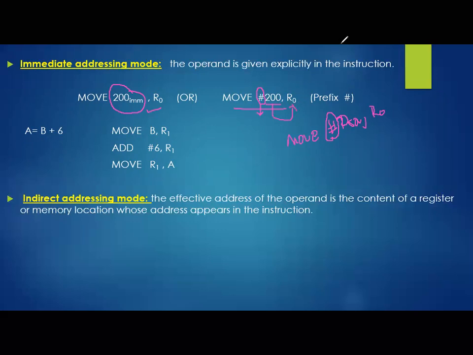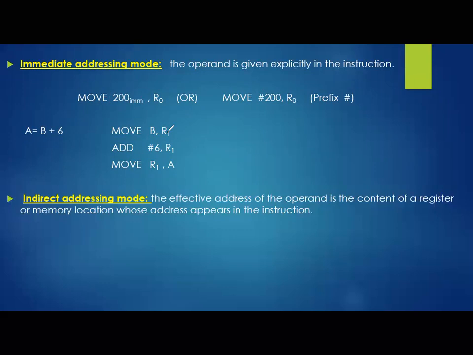Remember this. Fine. Here we got one example: A is equal to B plus 6. A is a label, obviously, and B is a label, obviously. We can use direct addressing mode to represent those. But what about 6? How can we do this? Here we got the example. See here, move B comma R1. The value of B, a copy of B, will be shifted